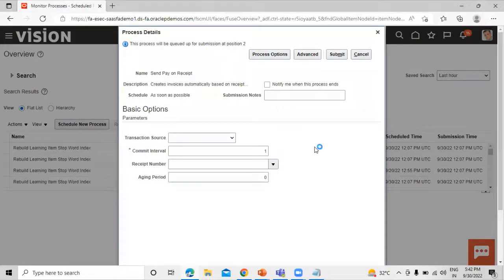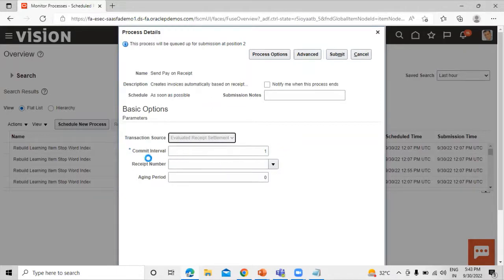Now let's select the transaction source. So we have two options. One is evaluated receipt settlement, nothing but a pay on receipt. And another one is ASBN, which stands for the advance shipment and billing notice. That means when we select this option, invoices are generated automatically for the advance shipment notice that contains the billing information, right? So we go with the first one, ERS,